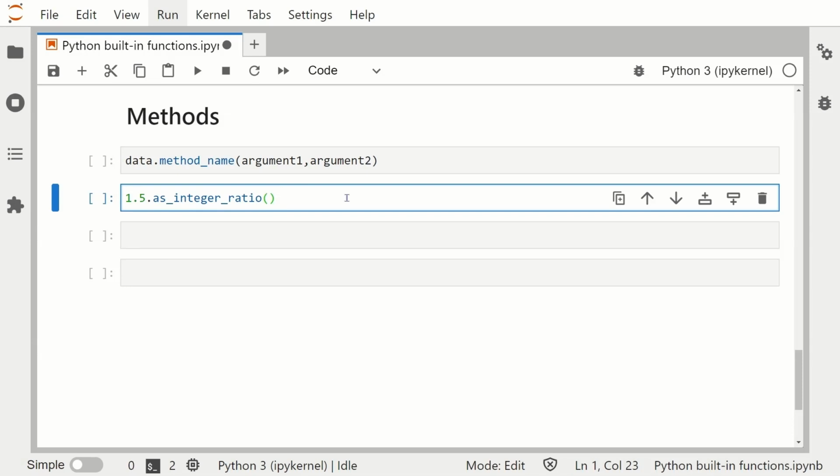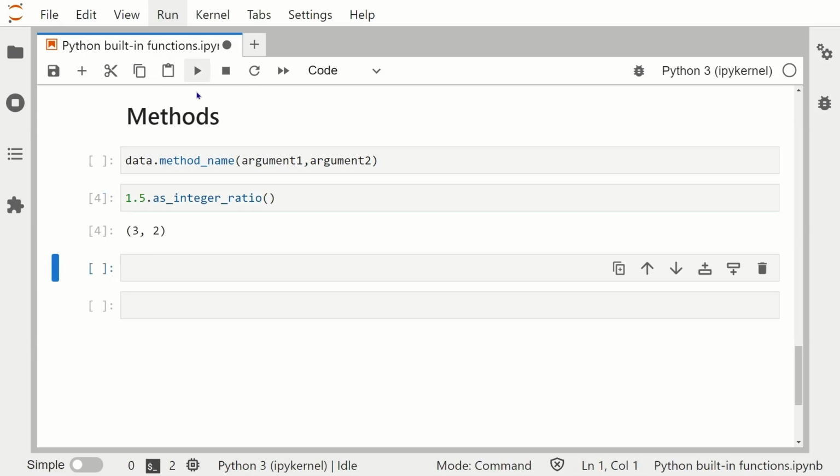So what this method does is it returns a pair of numbers that can be divided to give the value that we gave it. So let's run that. We get 3 and 2, and 3 divided by 2 gives us 1.5. So we'll see a lot of useful methods when we learn about strings and lists, but this is just about as exciting as it gets when it comes to numbers here.